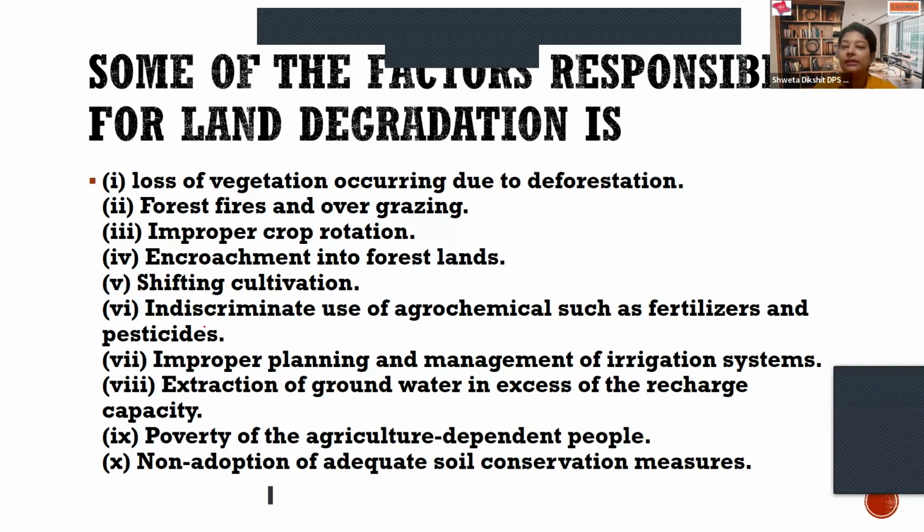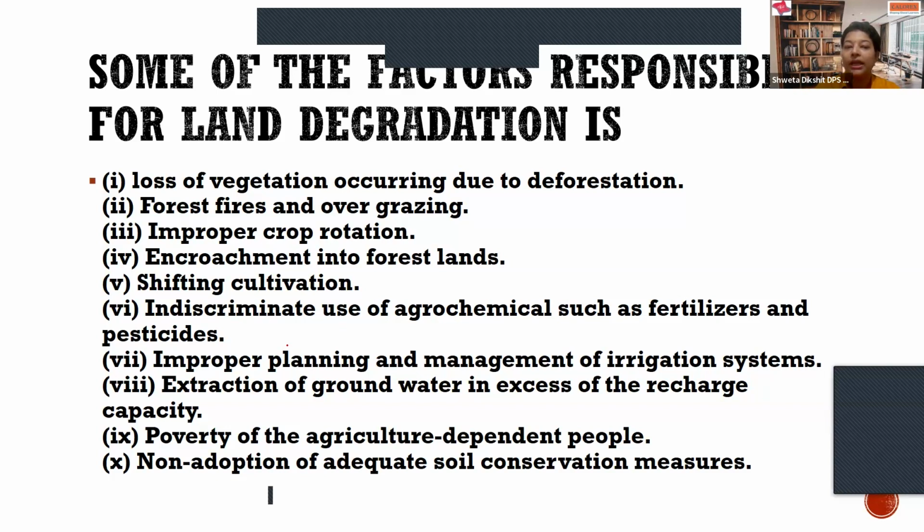But the reasons for land degradation you have also studied in junior classes. But children, remember, do not write the standard of class 4th and 5th when you are framing the answer. Please keep in mind that you're going to write the board exam of class 12, so the standard of the answer should be upgraded. So the first is loss of vegetation occurring due to deforestation, forest fire and overgrazing, improper